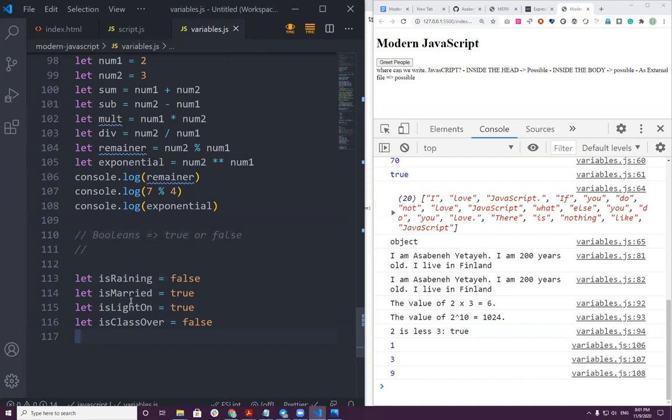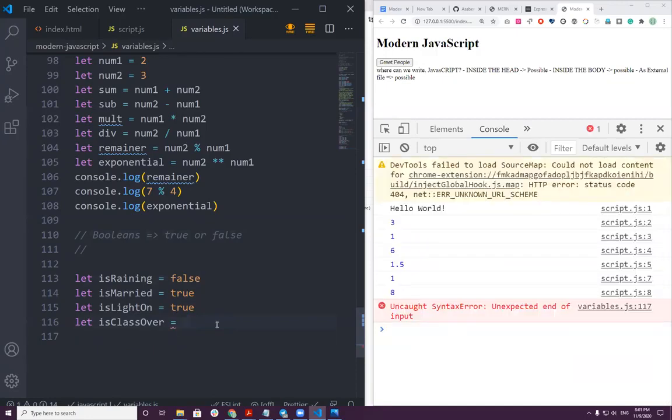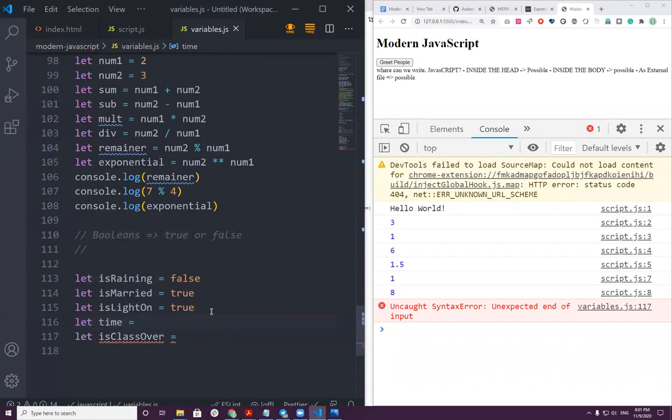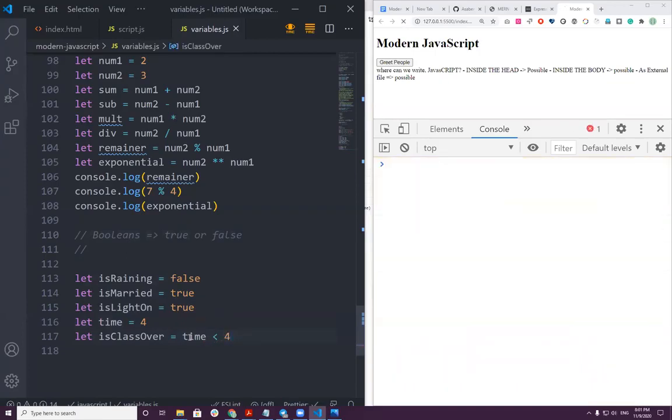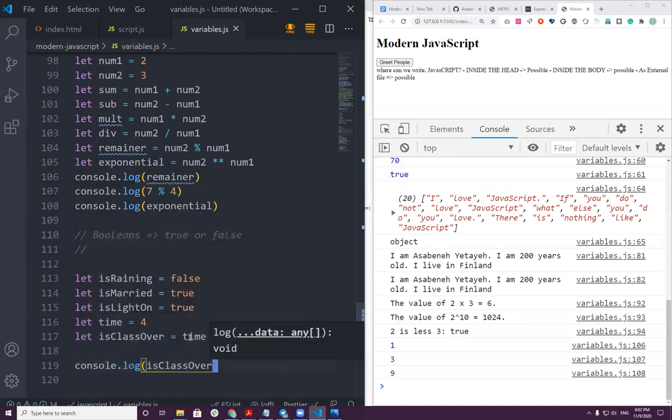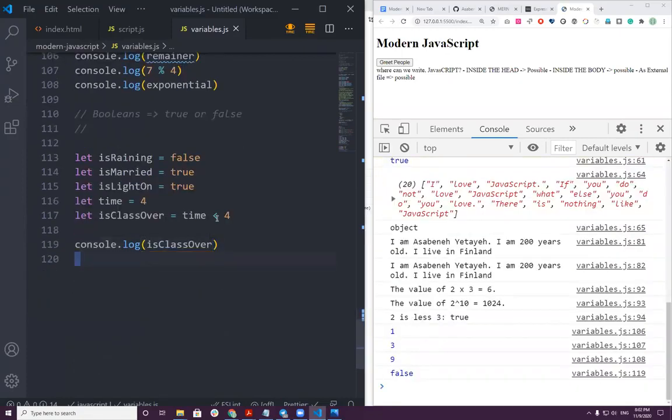But you can also, because we have to learn for 4 hours, right? If time is less than, for instance, I put time here. Let time. How much are we going to learn for? 4 hours. So if time is less than 4 hours, console.log isClassOver. As you can see, now it checks false. But after maybe 45 minutes,